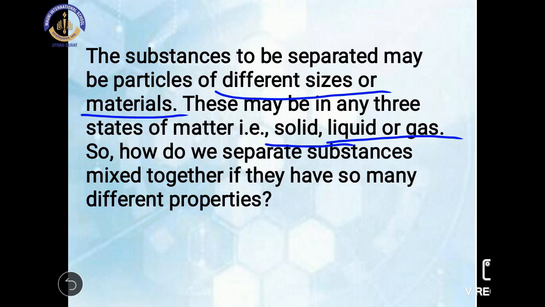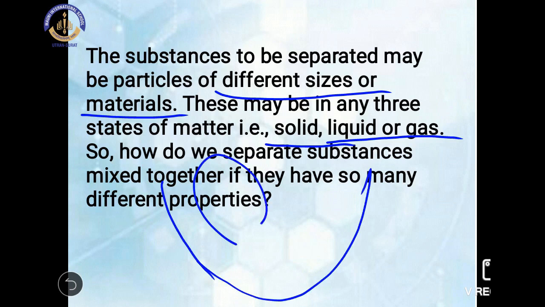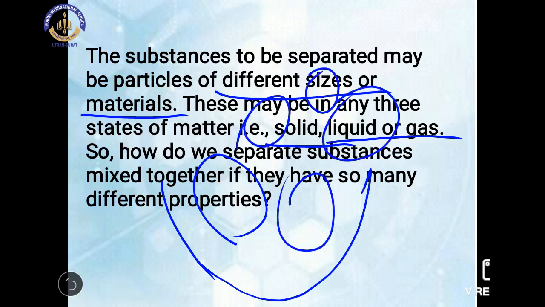So the substances which are separated by the separation process may have different sizes or materials. It means we may have different sizes of fruits here. So we will pick out the same size of fruits, or the same kind of fruits, and put them in another place, or in another container, or in another basket.